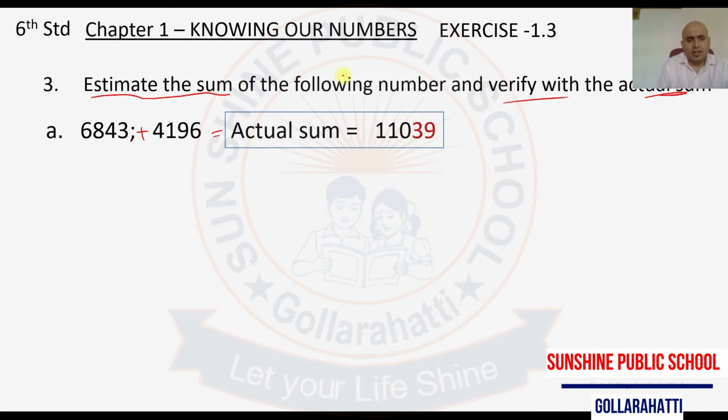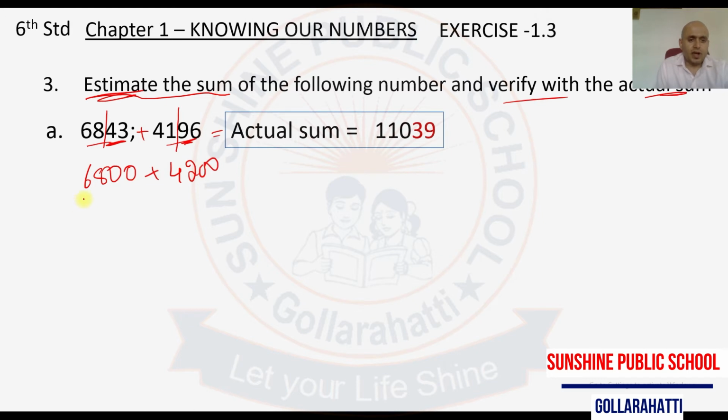But they have asked to estimate the sum. Estimated means on average, say an approximate number. So let us write the approximate number. Let us round off these numbers first. This becomes 6,800 because 43 is less than 50, so we write the same number, 6,800. And here it is more than 50, that is 96 we have, so it becomes